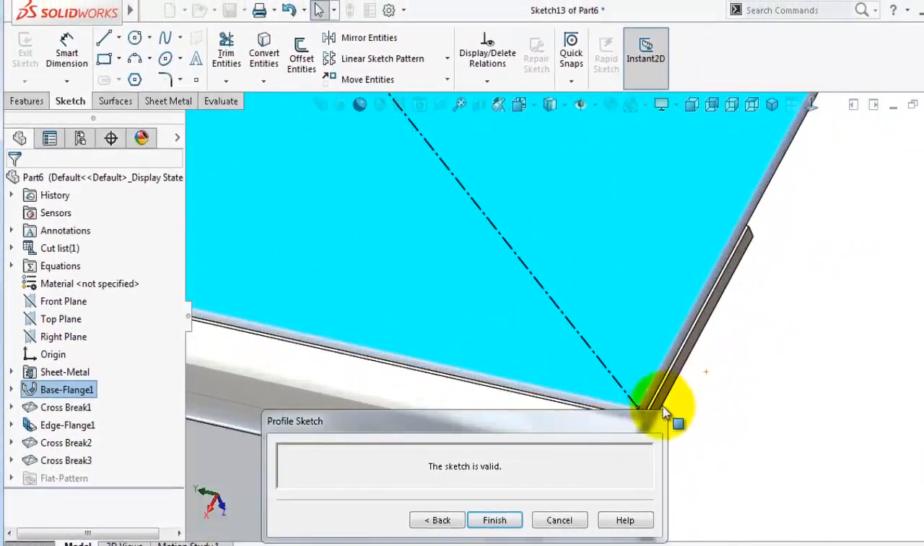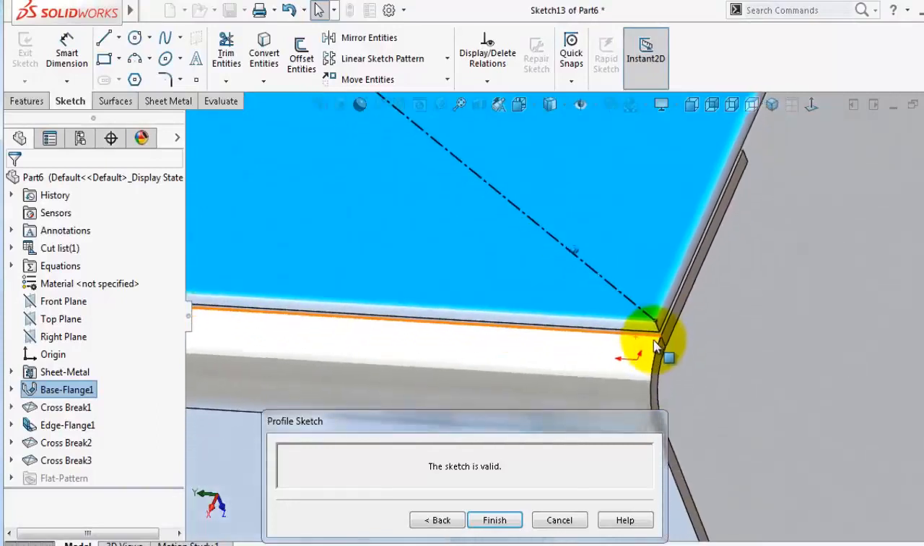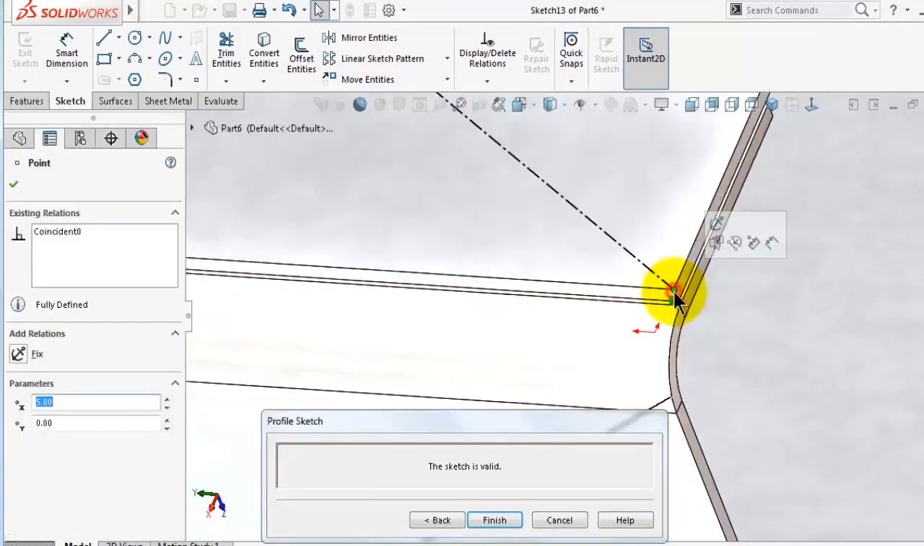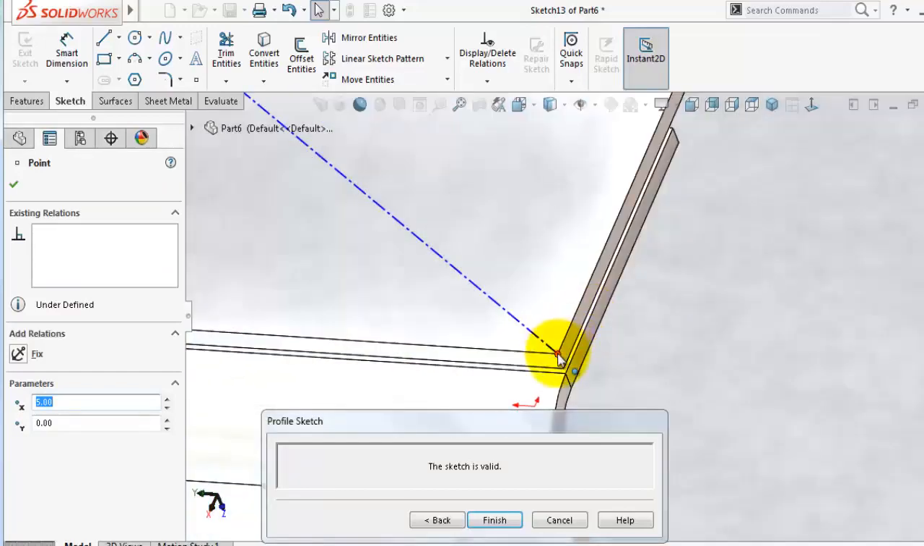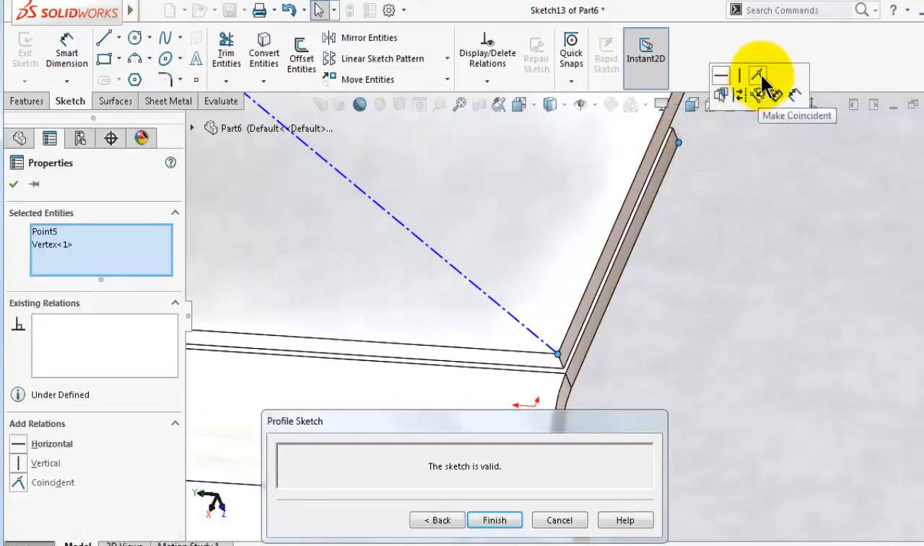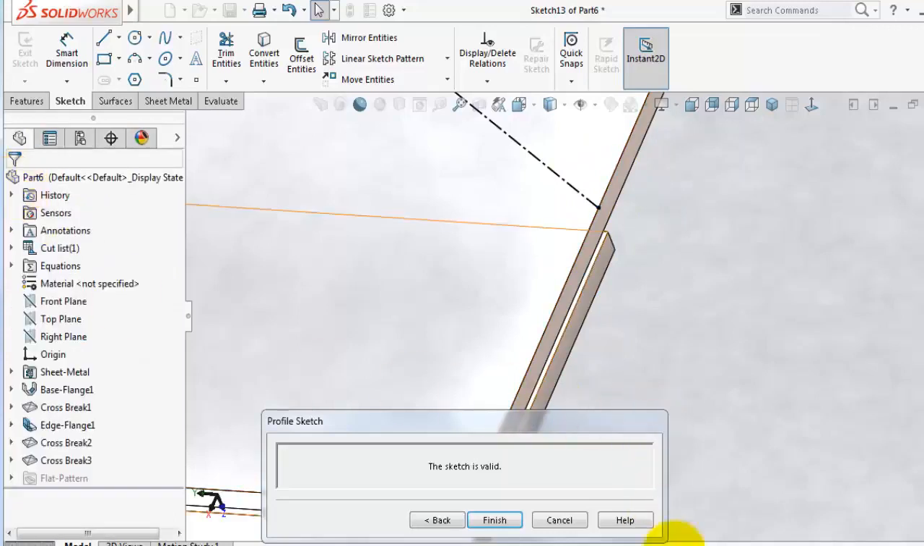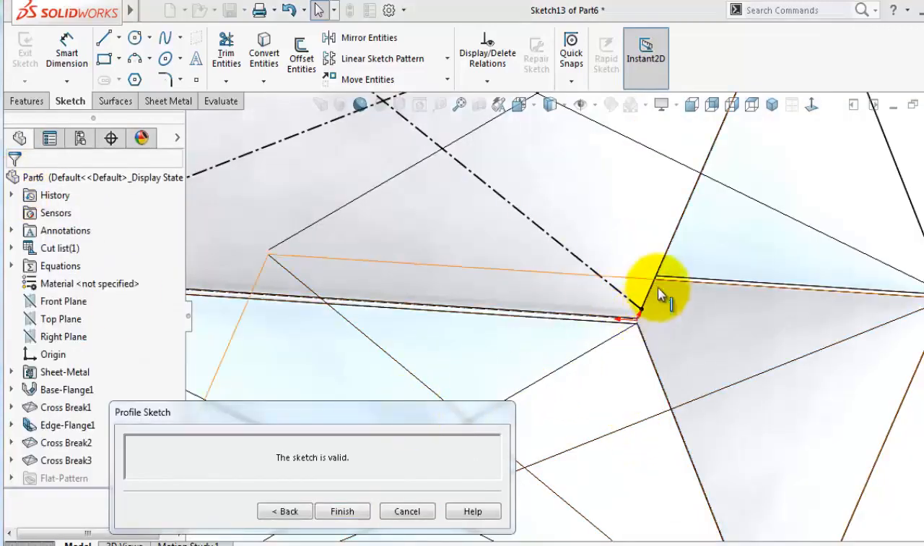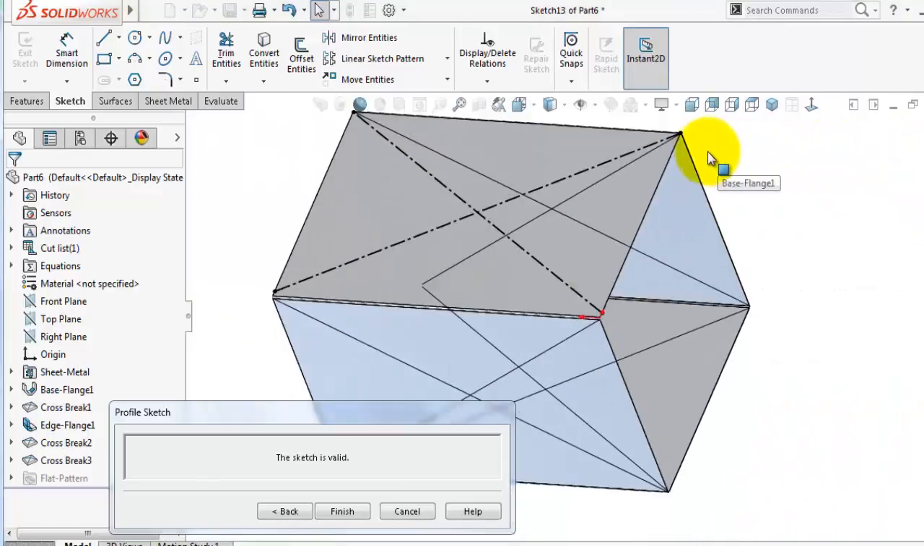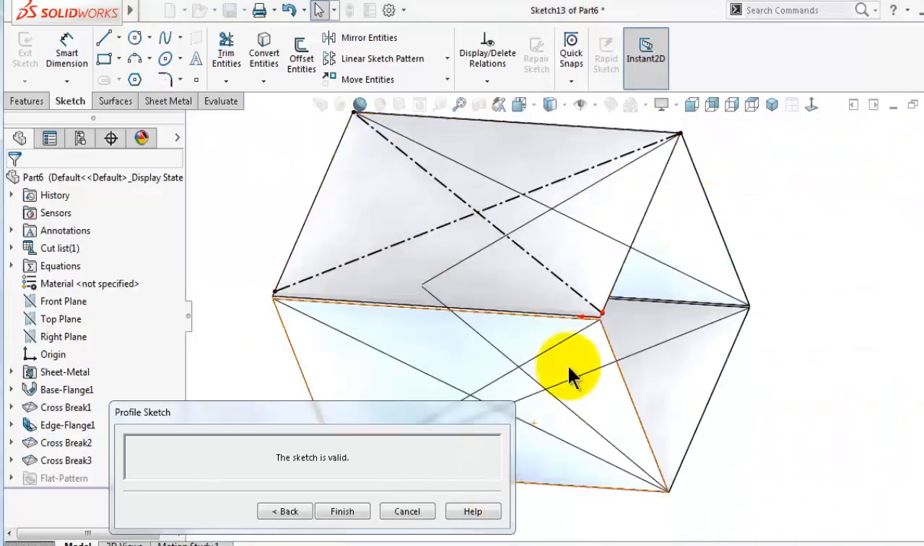And the same here. Delete the previous relation, and make this point to this point coincident, and it will be directly defined. Click OK. So we can apply the same gap on the other two edges to give it some symmetry, and